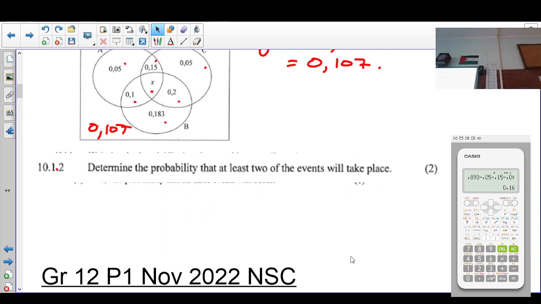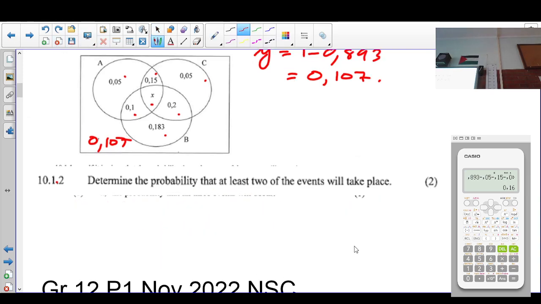As we need the space here. 0.16. It says determine the probability that at least two of the events will take place. At least two, which means to say, three can also take place. So the probability would be that, which is